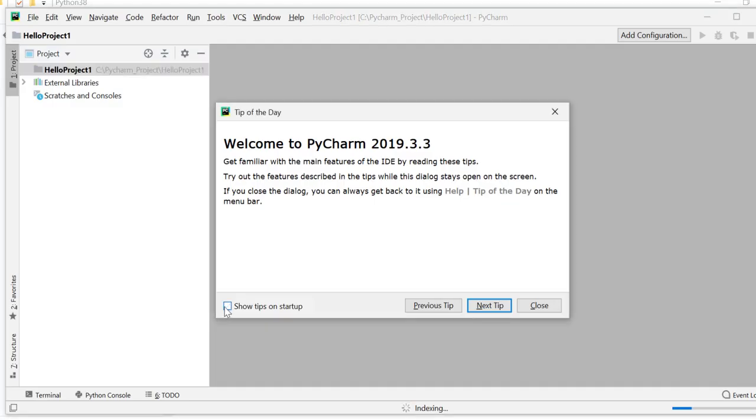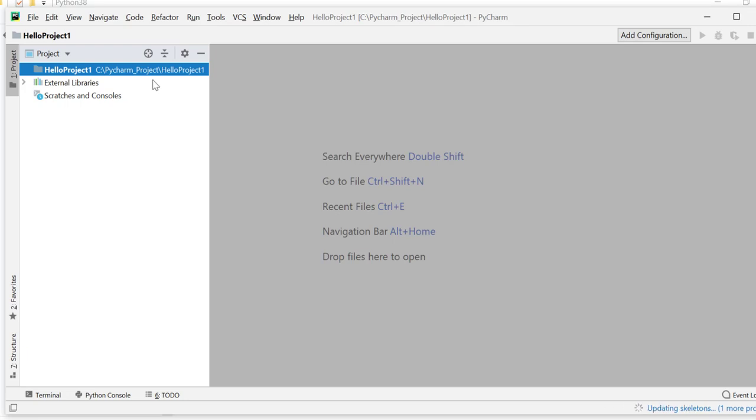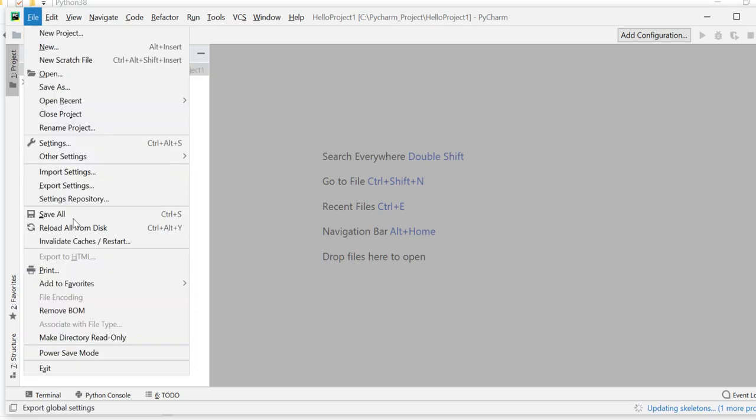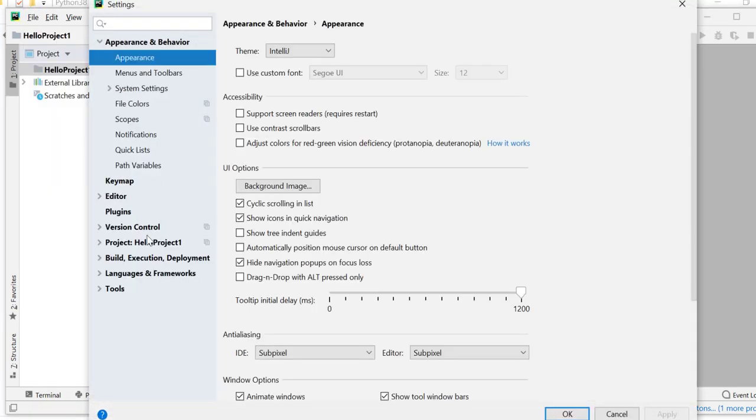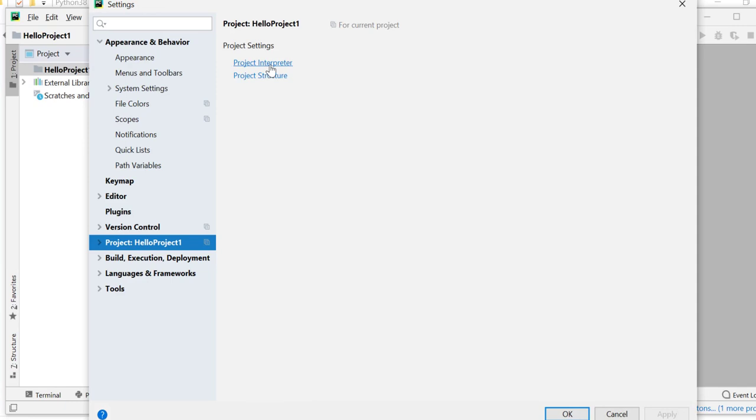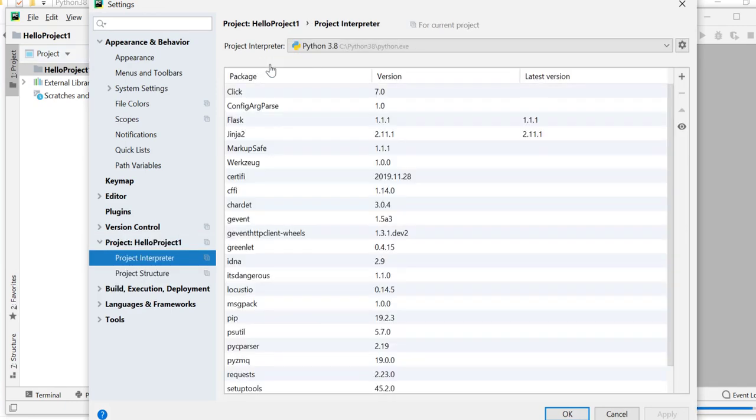So I don't want tips again. So this is our project, and it says that this is the path which it is using. And let's go to settings and project interpreter. You see all the packages which are there in that Python location are over here